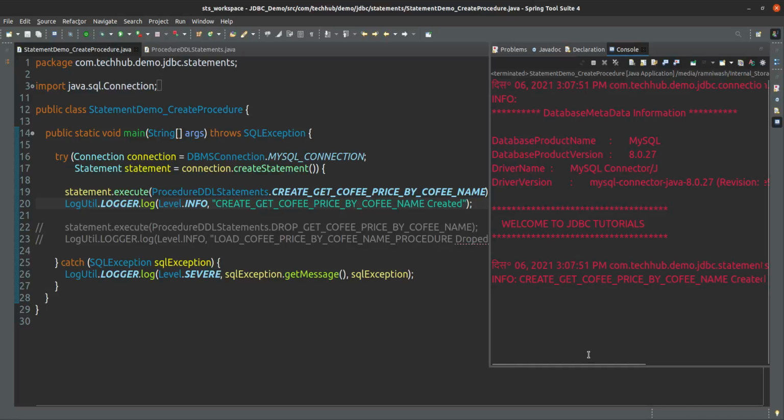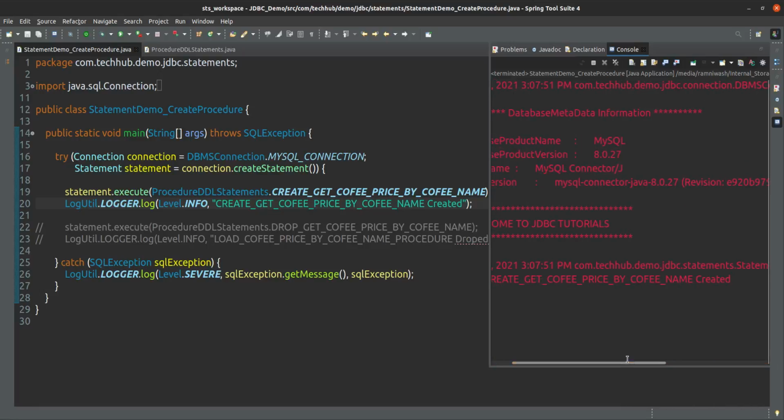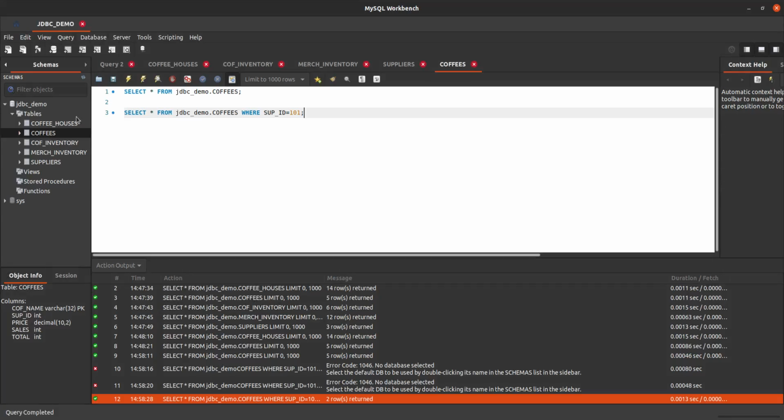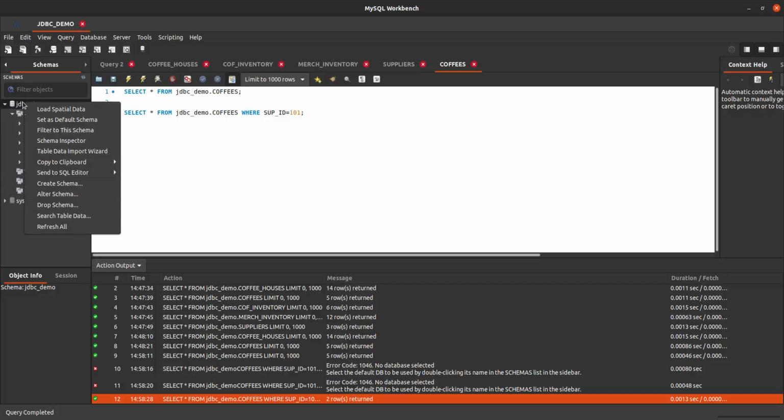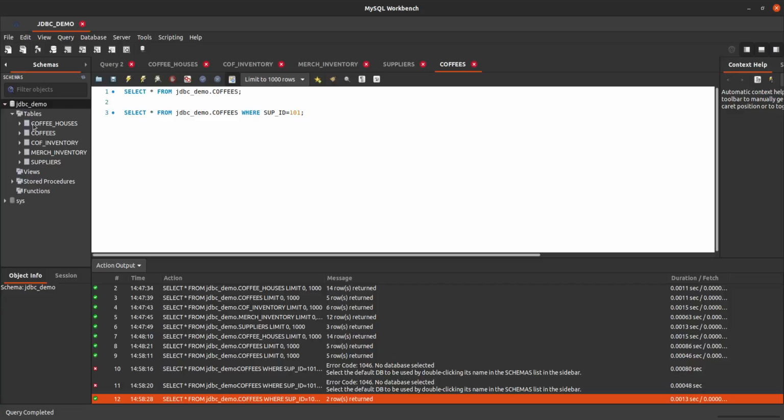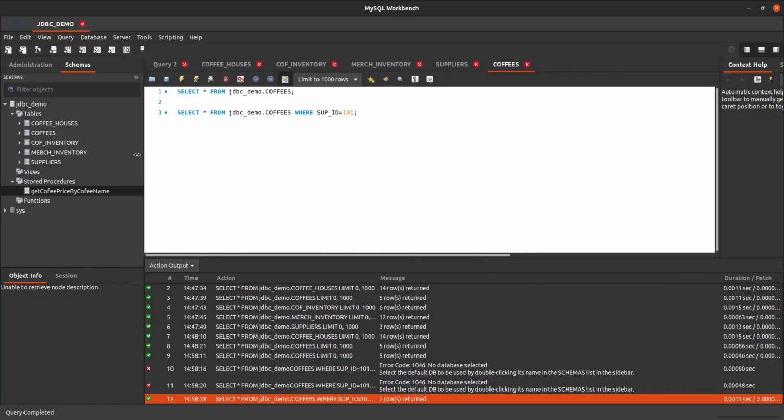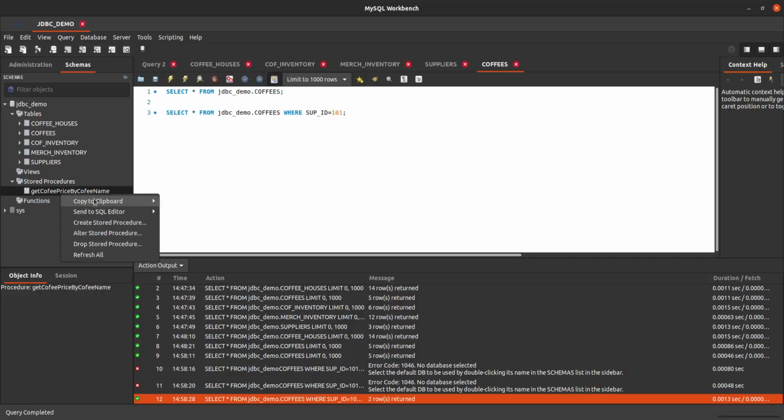Yes, the procedure is created. You can see the procedure in this workbench, under this database. If you come down, the stored procedures are there. Just refresh this first. After refreshing, you will see an arrow before the stored procedures, and if you expand that, you will see the procedure that you created, get coffee price by coffee name. And if you double click here,